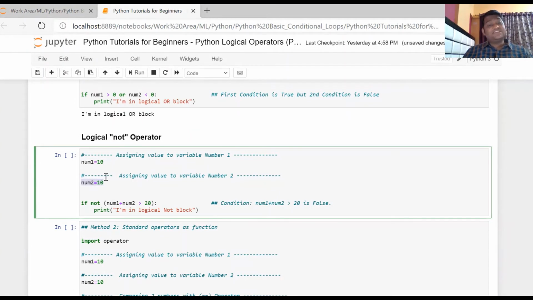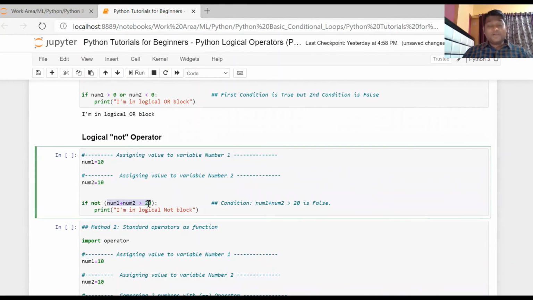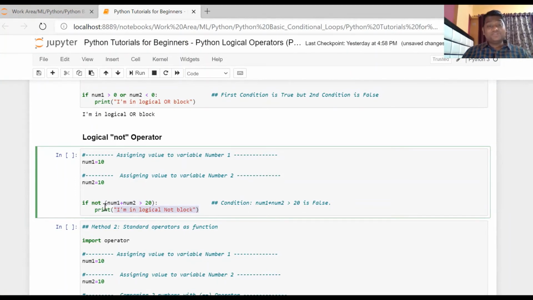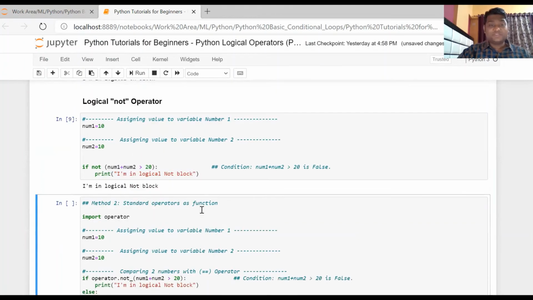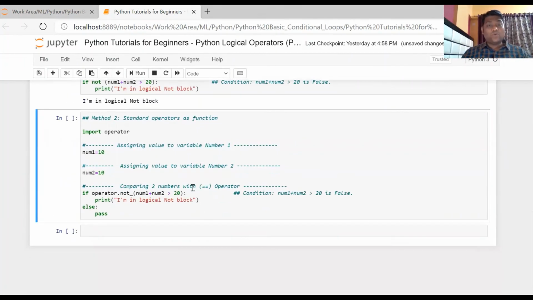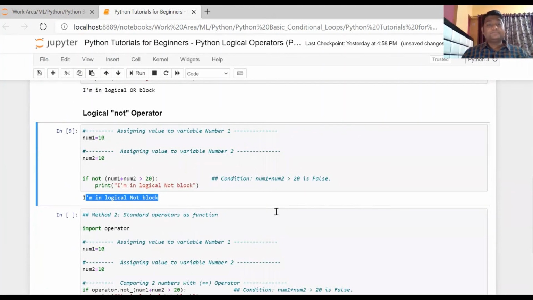So 10 plus 10 is 20, and I'm saying it is greater than 20. This condition is actually false. But since you are putting NOT in front of a false condition, the overall condition becomes true, and hence you will see this print statement if I execute this. And this is what you are seeing.